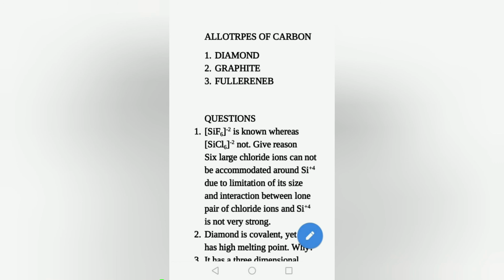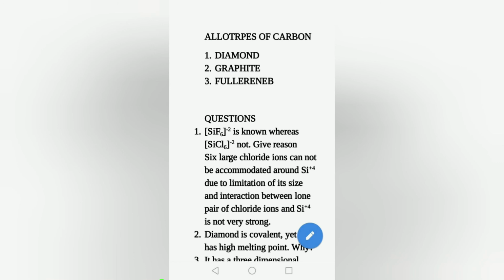And the third allotrope of carbon is fullerenes. These are prepared by heating graphite in an electric arc in the presence of an inert gas like helium or argon. The vapors on condensation give a sooty material that mainly contains C60 with a smaller quantity of C70, and traces of fullerenes have an even number of carbon atoms up to 350 or above. Fullerenes are the purest form of carbon, as their structure is smooth without any dangling bonds.